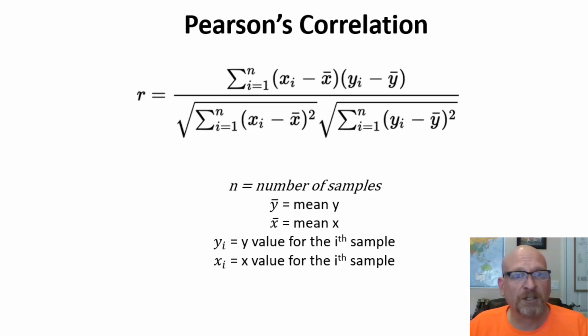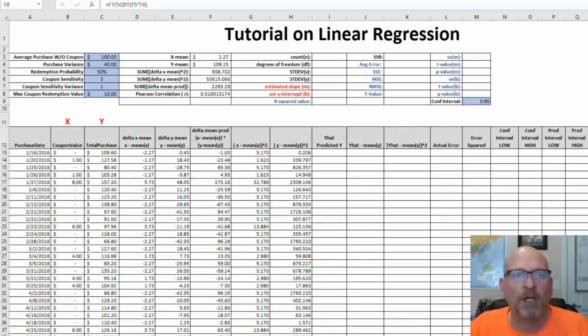Here's what the Pearson Correlation looks like. N, by the way, is the number of samples. Y bar means the mean Y. X bar is the mean X, and so on and so forth. But we've talked about in the last video exactly what all these values are, and we manually calculated them over here. So these are the calculations of those, and then we were able to manually calculate the Pearson Correlation right